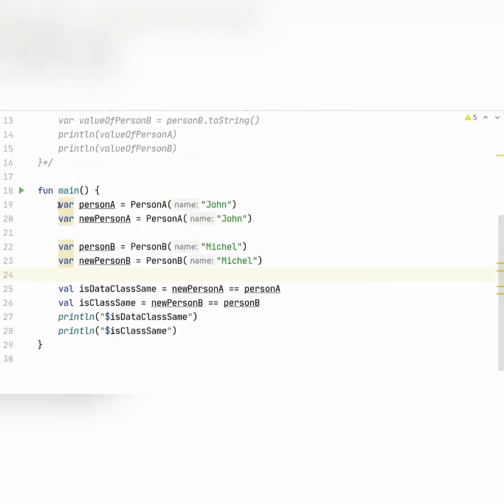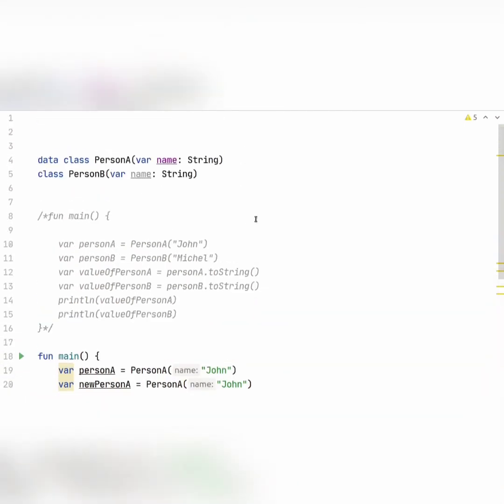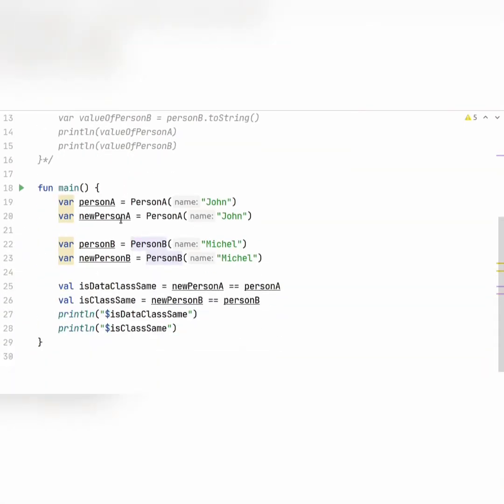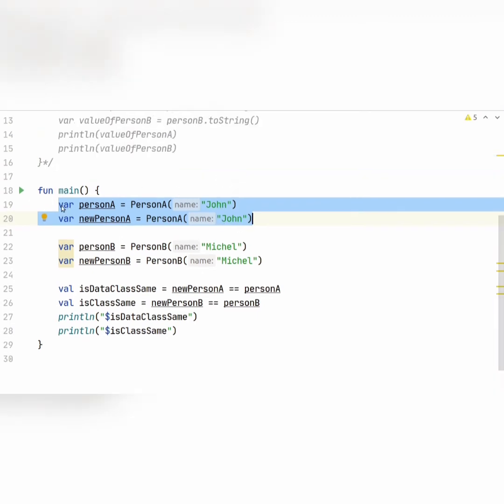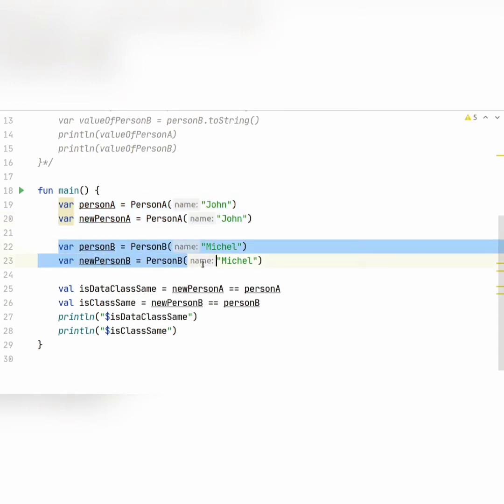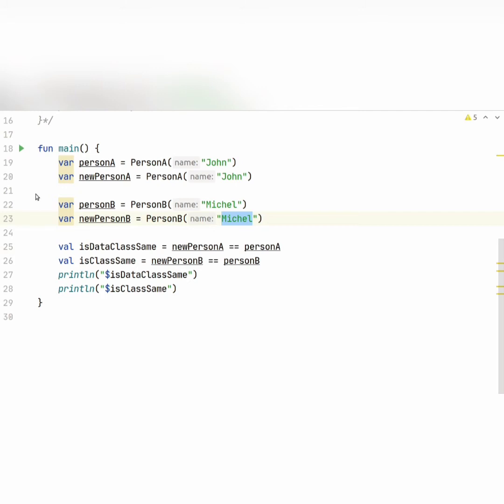Now we're going to check the equality between the data class and the normal class. So these are my two data class objects having the same value, but the references are different, and here also the normal class objects have different references but the same value. Now if we are going to run this application,